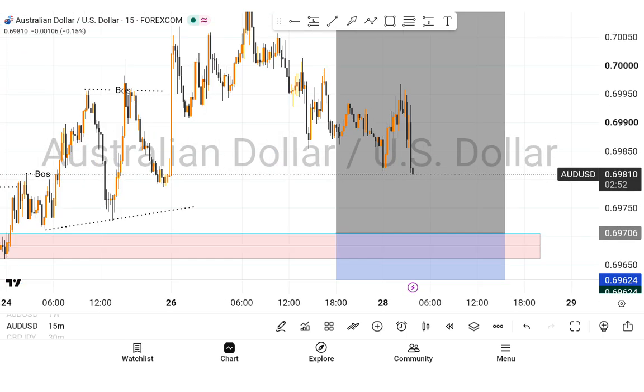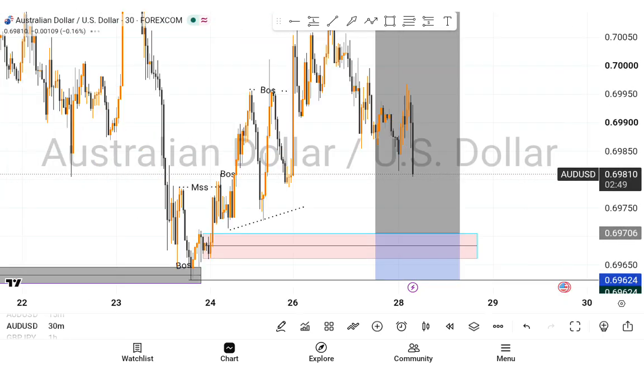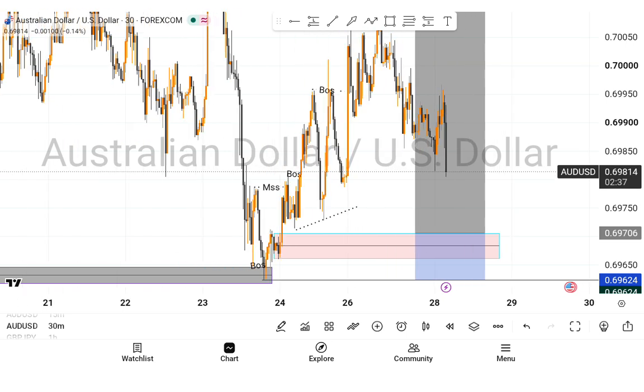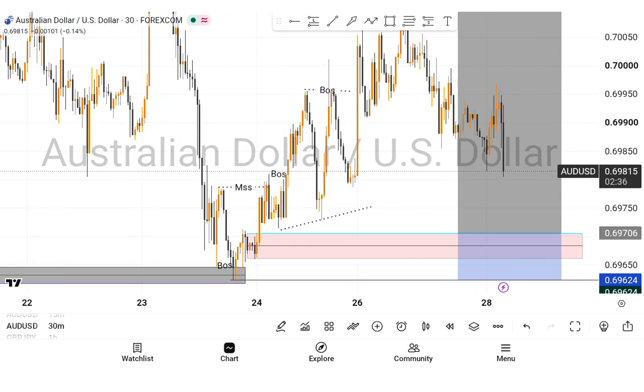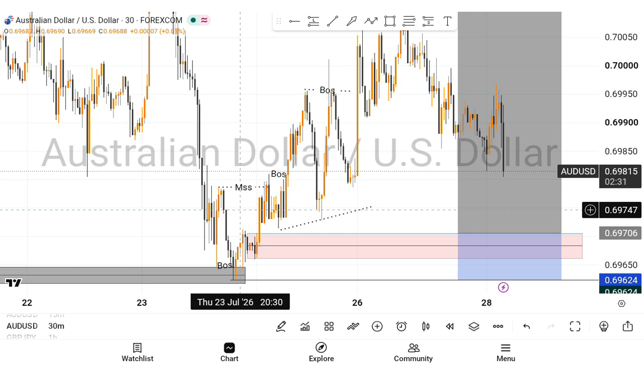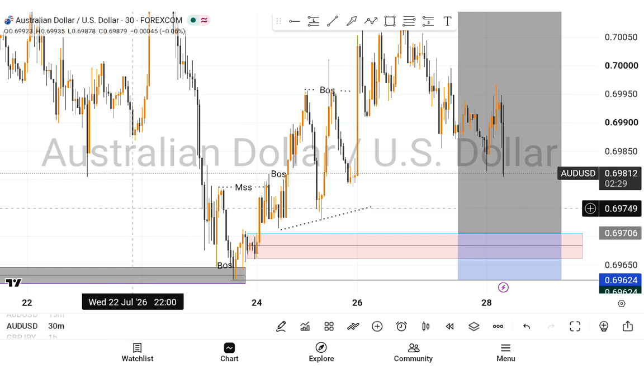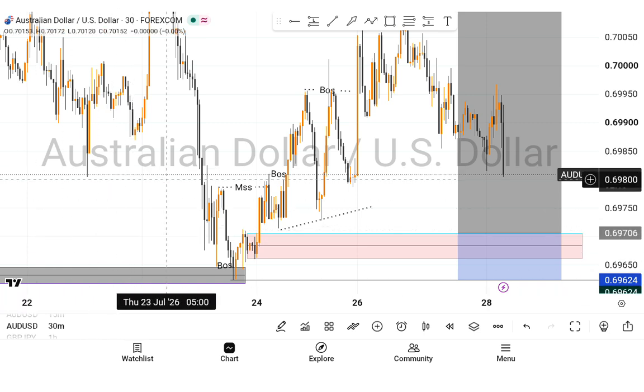I want the market to finish it now because if you go to 30 minutes, you can see that this zone has not been mitigated and the push is coming in. I feel like this is the zone the market is targeting. Remember, the mistake people make is that because we have a change of character, other order blocks on origin, that doesn't mean this zone doesn't need it. So when market comes here, we wait for a change of character again before we would push up. Now this change of character is for this zone that I've already played out.